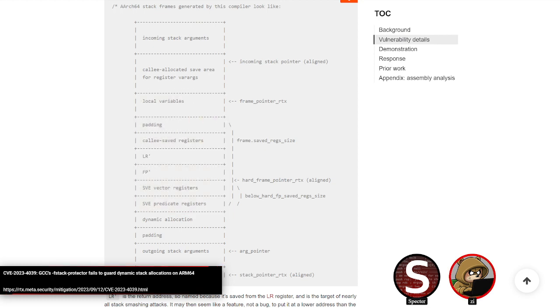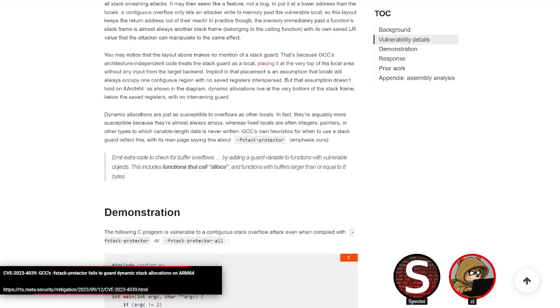It will stop if you had an overflow in a local variable. You'll end up hitting the canary. But in this case, dynamic allocation specifically won't hit it. So that could be one reason why it wasn't detected earlier. It does have to be a dynamic allocation on the stack, not just a random array on the stack. Although the dynamic arrays on the stack are the more likely ones to also have overflows because they are dynamically being sized. There is some extra work going on there.